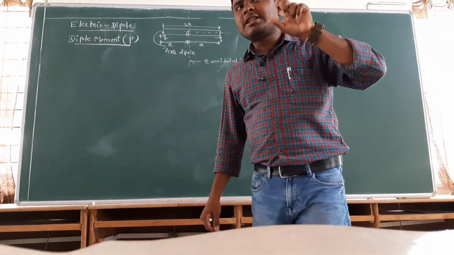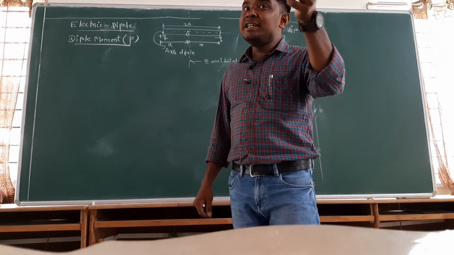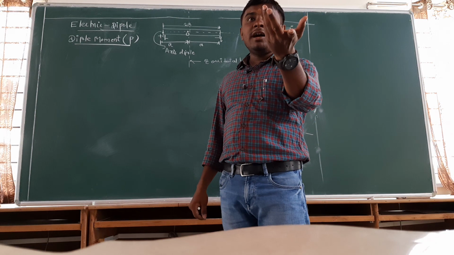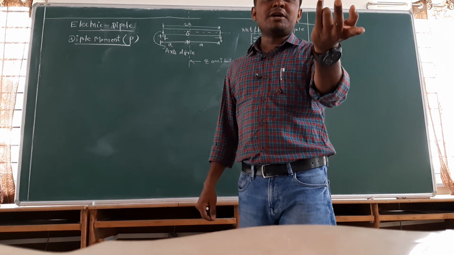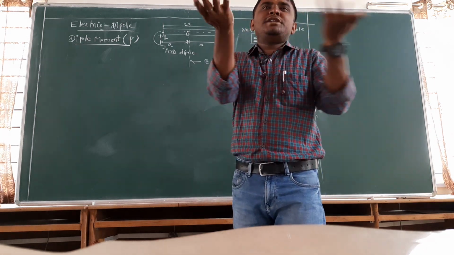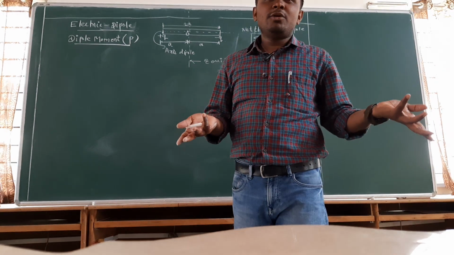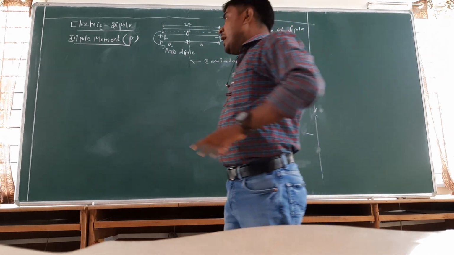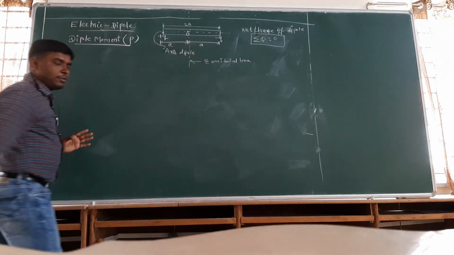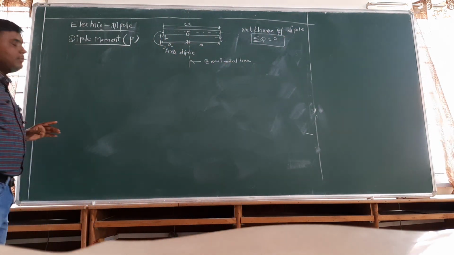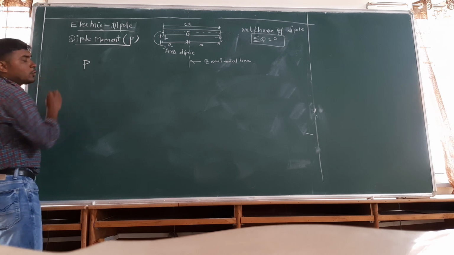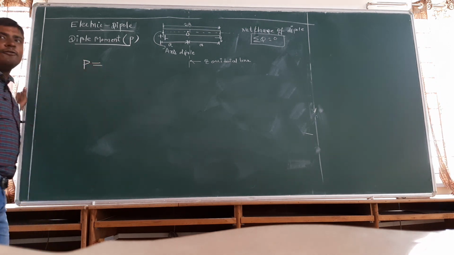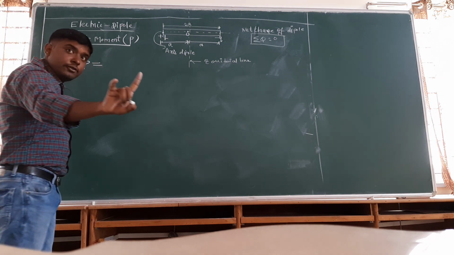Sir, it is the product of magnitude of either of the charges. Either बोलेगा तो क्या? भाई यहाँ पे तो दोनों चार्ज का पास में मैग्नीट्यूड तो सेम है, तो तुम किसी को भी ले लो, बात तो बराबर हो गया. इधर से पकड़ो ऐसा पकड़ो, बात तो एक ही है ना. So that's why when you have the system of dipole, so that time dipole moment will be measured. It is always equal to product of what?